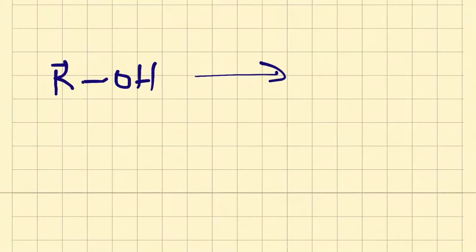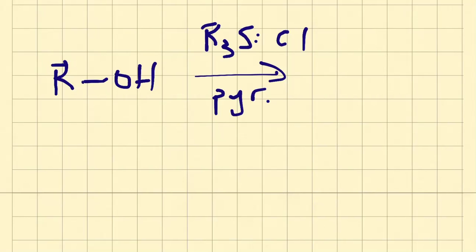But if you want to protect it, you'll use some type of silyl chloride, and then a base like pyridine or imidazole or something like that. So pyridine to do proton transfer and take off the OH proton, and then